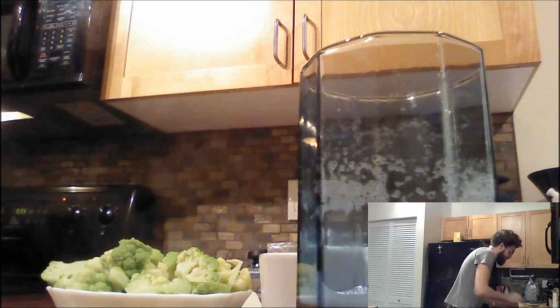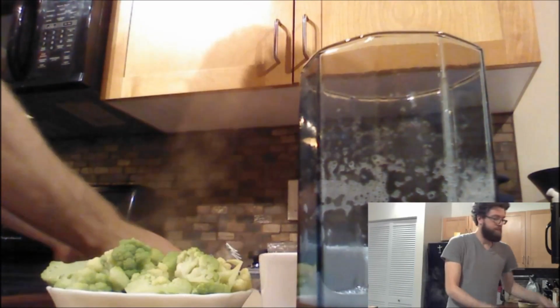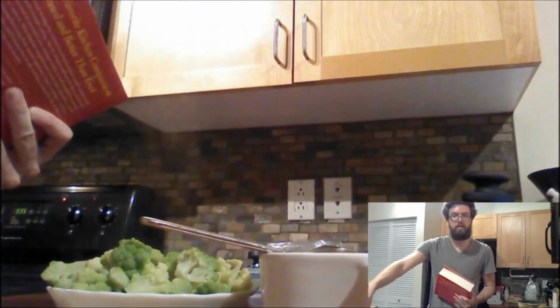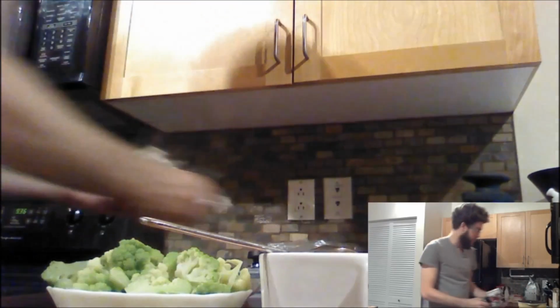So let's see, I got like some little pieces of Broccoflower on the stove top here. Got my fork. Okay, great. I'm gonna put away my book. Rest that fork right there. I'll move that beer out of the way. And close up the dishwasher after I put the knife and the slotted spoon into it. We'll run that after I've put my meal dishes in there. We got some cumin, onion powder, bay leaves, and celery salt. We're gonna put all that